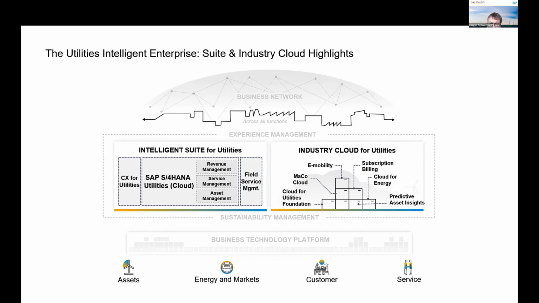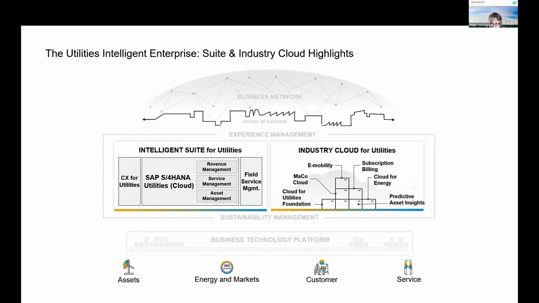For example, if we consider Cloud for Energy as the metering platform for storing any type of metering information, time series as well as discrete readings, and once it is due for billing, and you want to leverage your S/4HANA utilities environment, as said, either in an on-premise or in a private cloud environment, we offer a native-like integration for requesting the relevant billing information from S/4HANA utilities into Cloud for Energy to calculate the billing determinants.